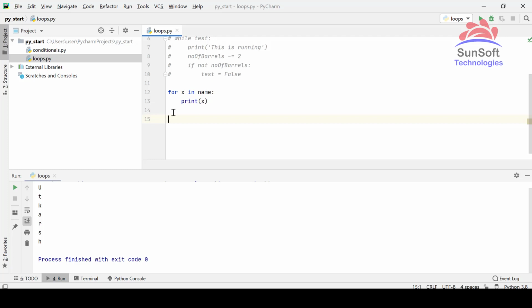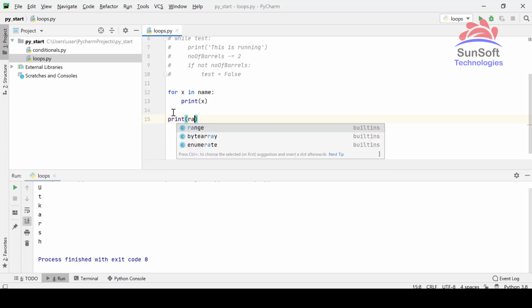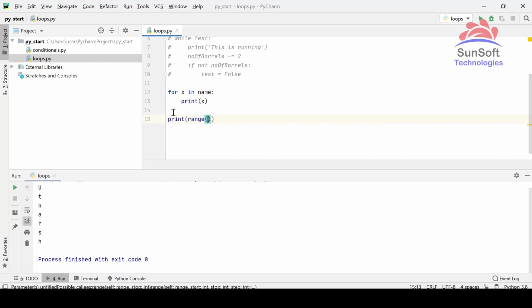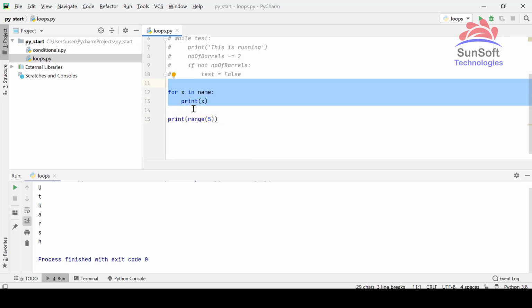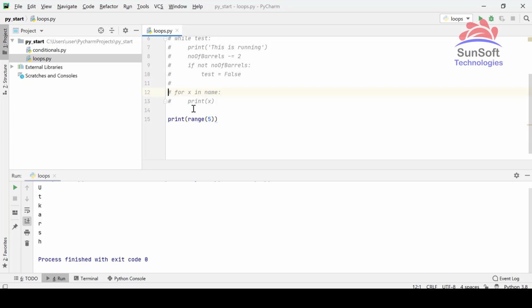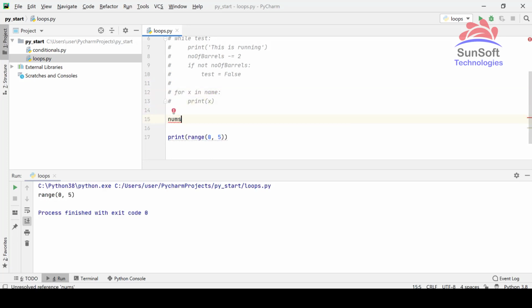What the range function does. To see what the range function does, let's print out range of, let me give it a number, 5. So let's see what it does. Let me comment this out as well so that it does not print out. Let me just make a variable nums.